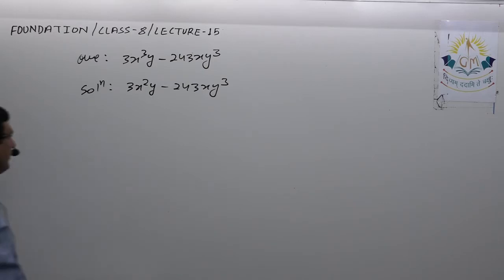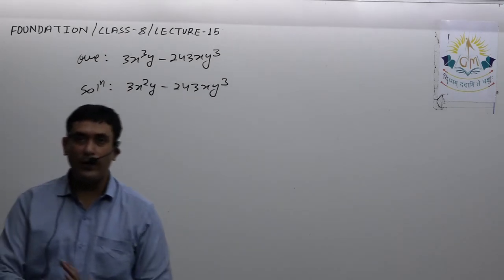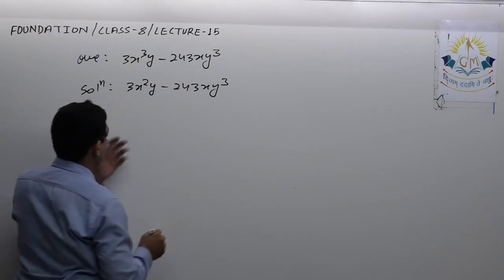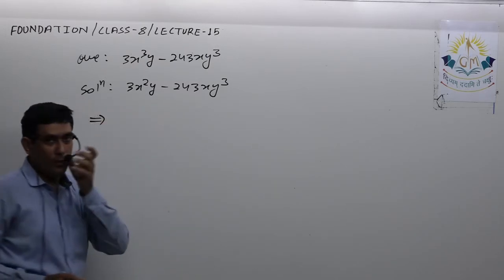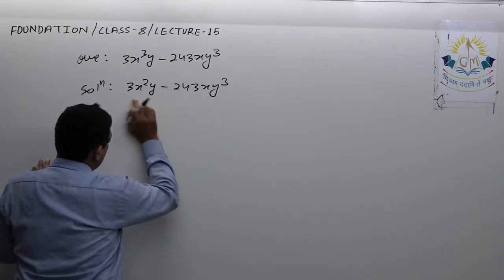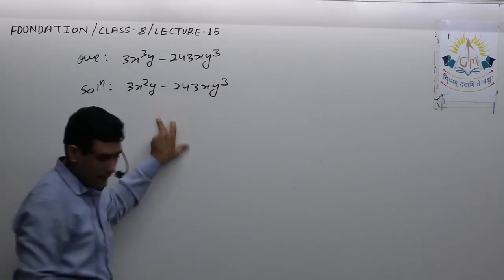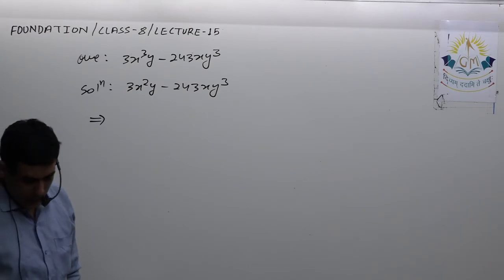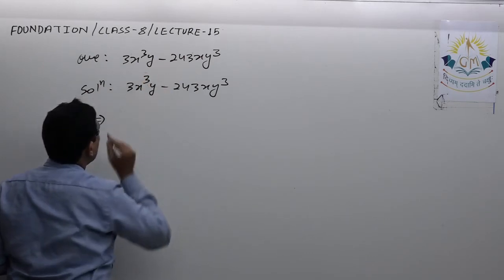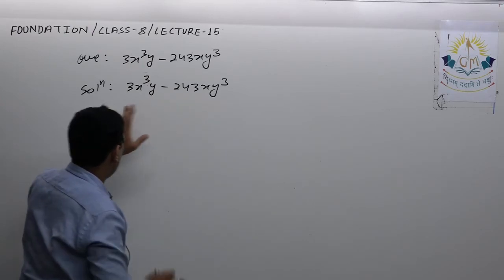Okay, so as I told you, it is not possible to convert these terms in the form of a square minus b square directly. So in that case, what do we have to do? See, here it is possible to take something common, isn't it? First, we can take x common, as well as we can take y common. Let me check the question. It is 3x cube y. Here it is x cube, I wrote x square.